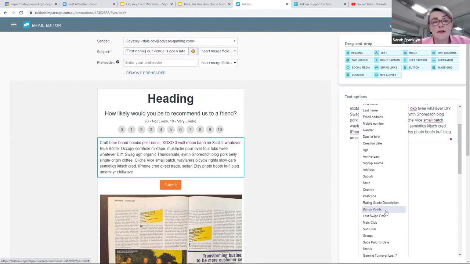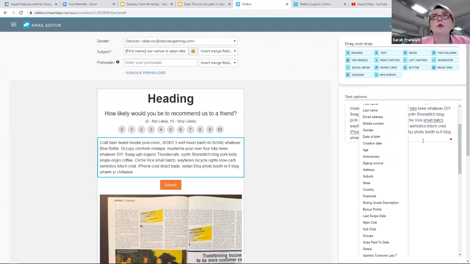Sub clubs, another valuable source of content. When you want to tell people about the bowls tournament that you've got going, you might want to acknowledge which club, the ladies bowls club or the juniors or the masters or whatever it is. So you might want to include that as a merge field in the content. So that sort of stuff that is personalized to the consumer, to your member, is really, really valuable. And it also makes the consumer feel valued because you're paying attention. You know that it's me. You know a little bit about me, but not too much. Because again, remember, this channel is all about us having a relationship.